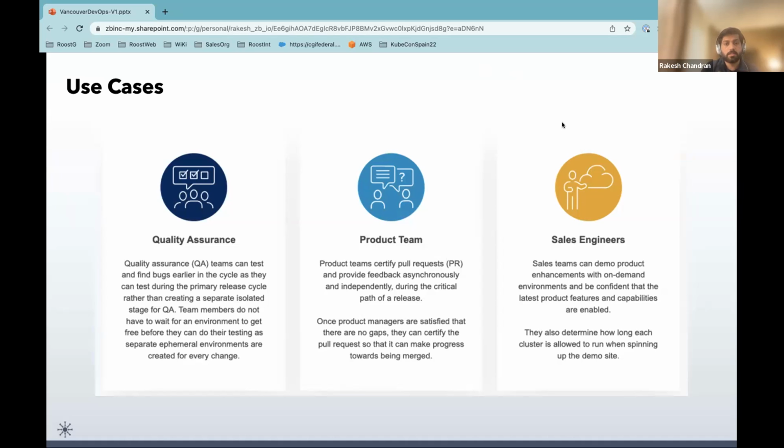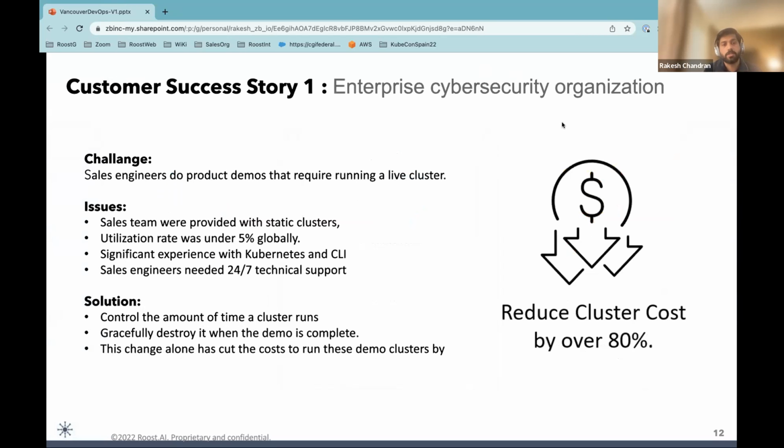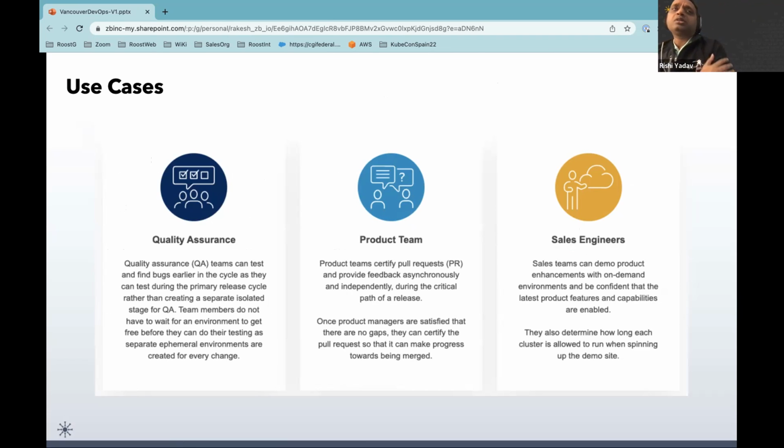Some of the success stories I would like to share is one from an enterprise. Just to add to Rakesh's point, the key part here is that when the release process is happening, you get the opportunity to give live feedback.